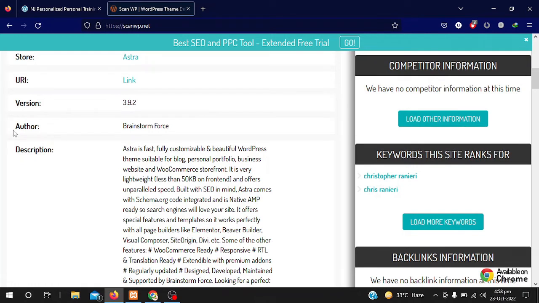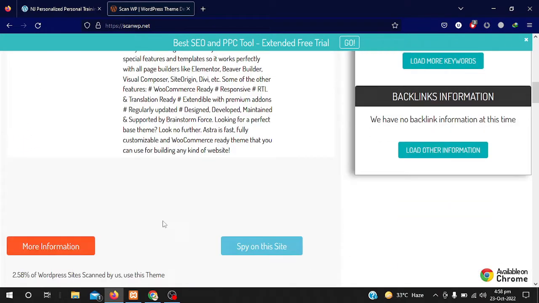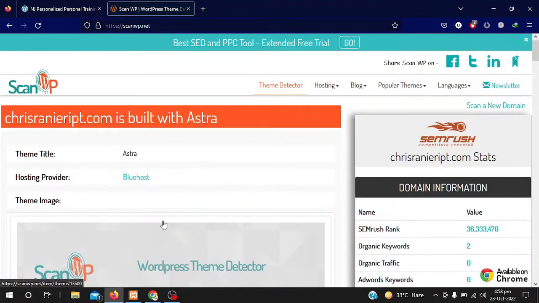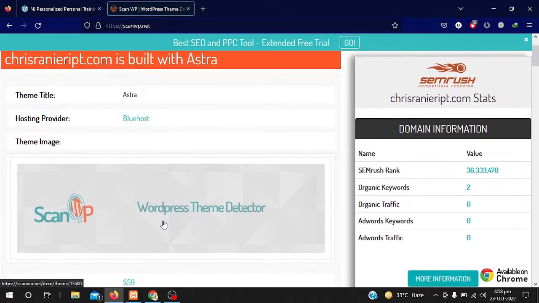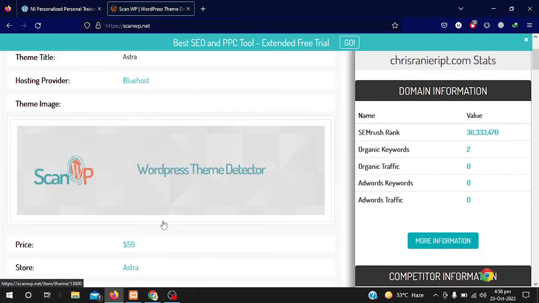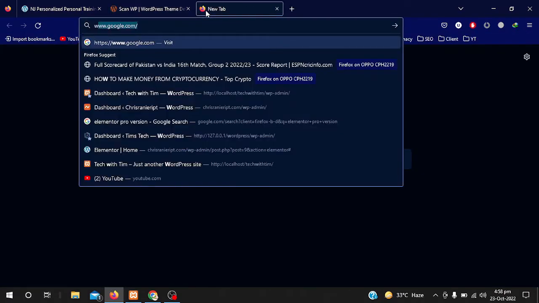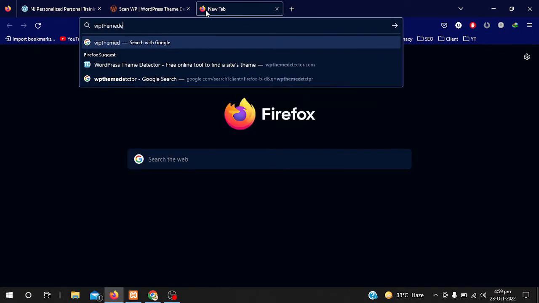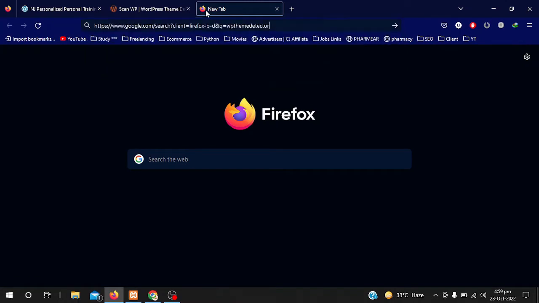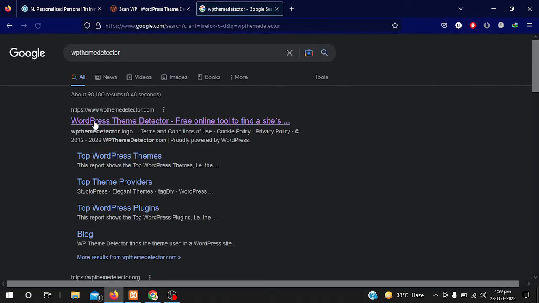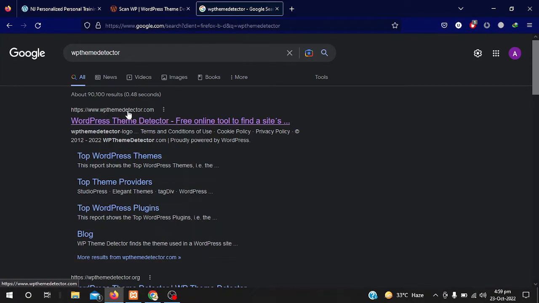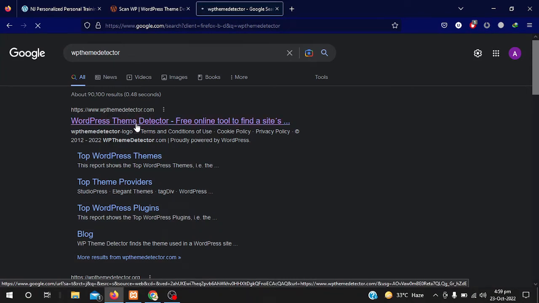And it also provides the information about the author, that is Brainstorm Force, and it also provides the description about the theme. Similarly, if you also want to search what plugins your competitor is using, you simply have to search WP theme detector and hit the enter button. You can see the wpthemedetector.com. You have to open this website